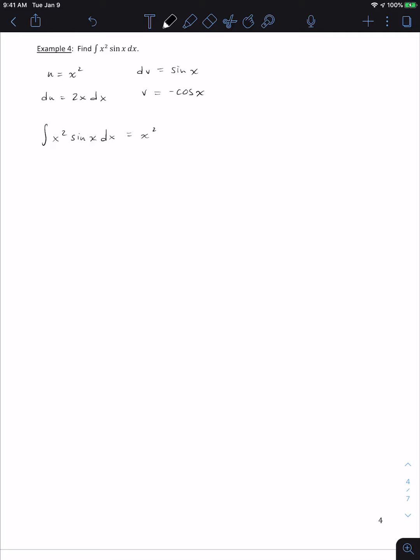So x squared times negative cosine x minus v, which is negative cosine x, du, which is 2x dx. So this is negative x squared cosine x plus 2, we can pull the 2 out front here, 2 times the integral of